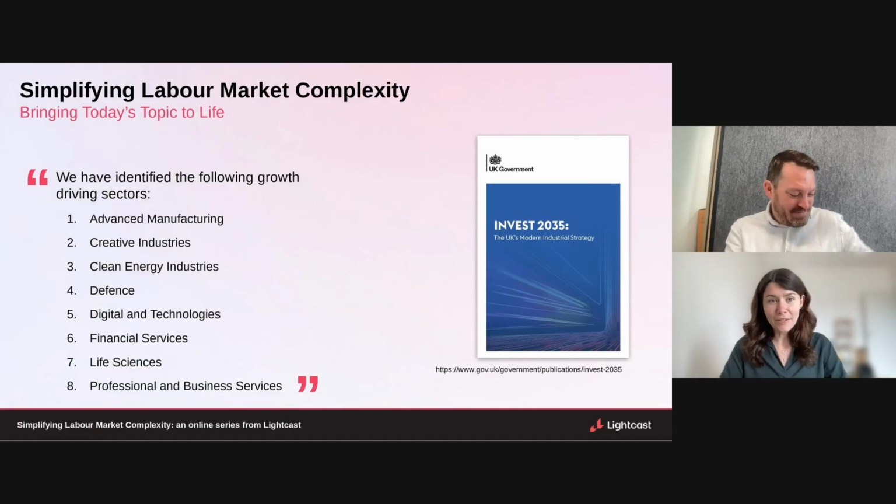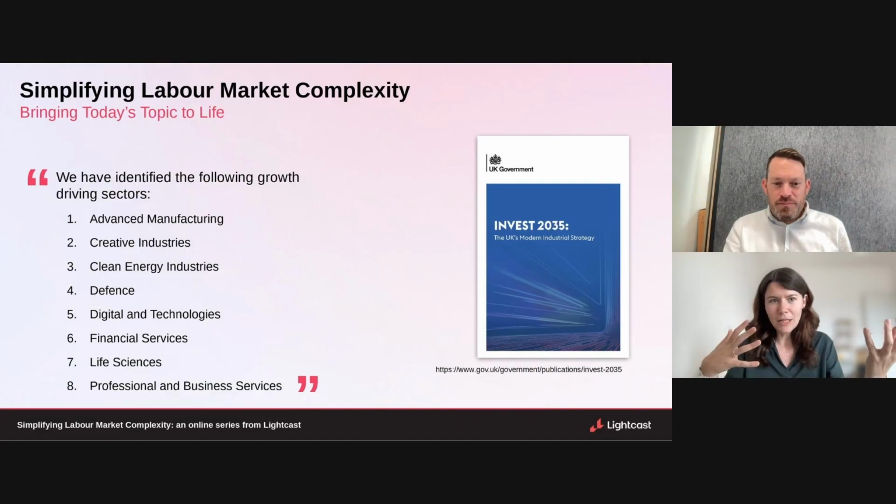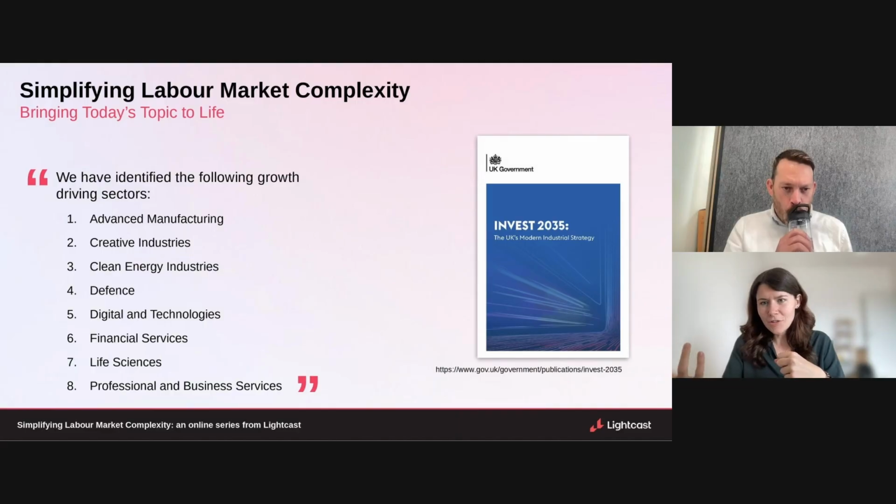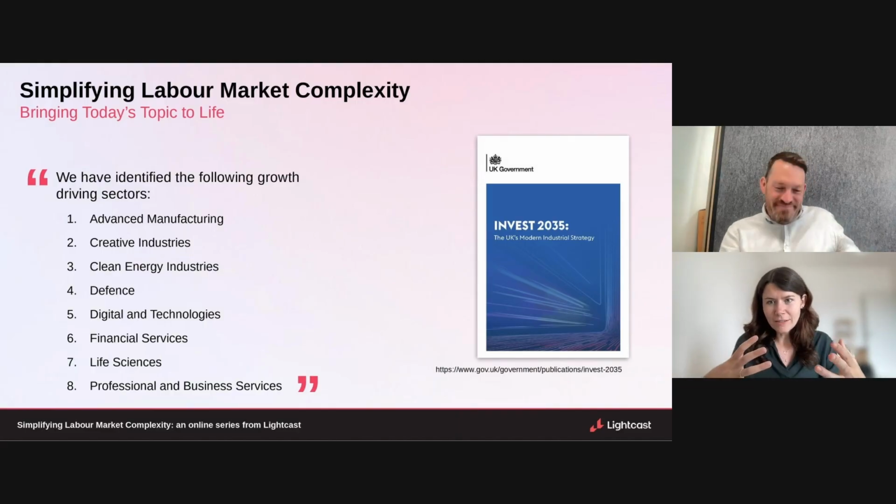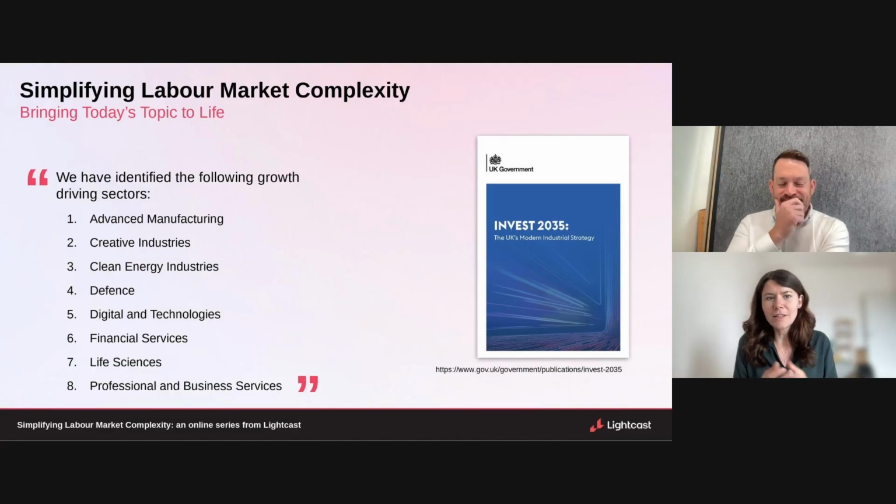Yeah, thank you, Andy. And I'm going to start on this slide actually before I move on to the more technical slides. As Andy said, the strategy is focused on 8 sectors. And if you've been working around the labor market space for quite some time, like we do, you look at this list of sectors and immediately try to think, okay, but what does advanced manufacturing mean? Or what does clean energy mean? How do we define these topics? How do we track them?